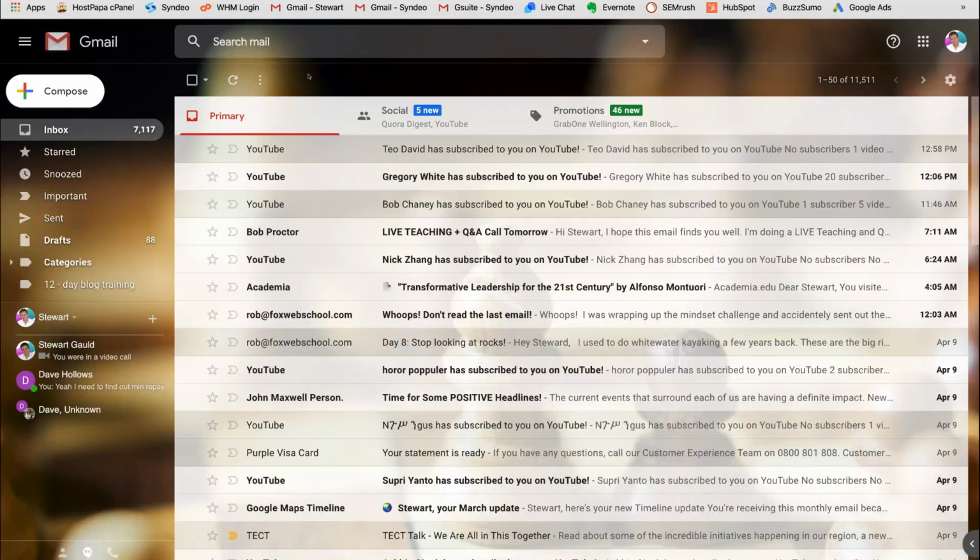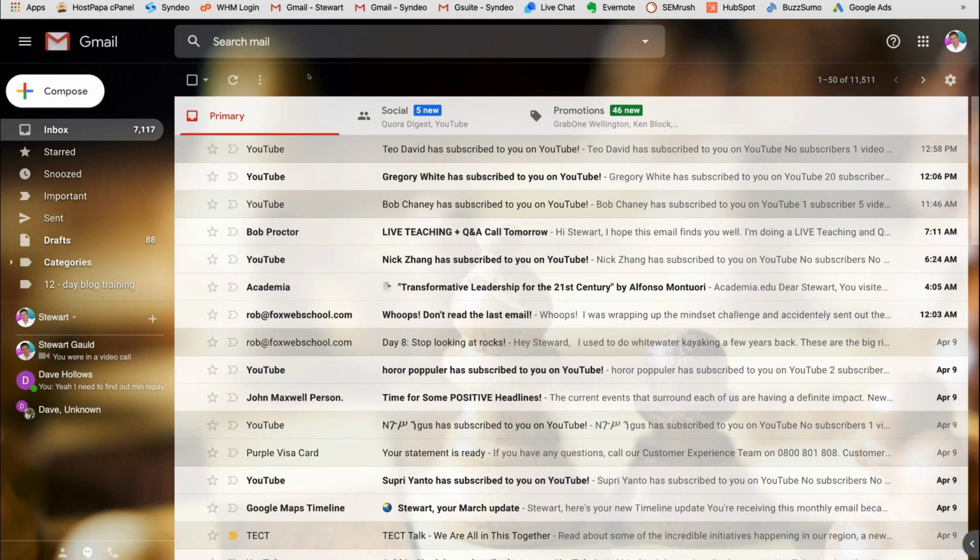Okay, so the first thing we need to do before we can start building our free website with Google Sites is log into our Gmail account. Now, if you don't have a Gmail account, you do need one. It's free to sign up. And once you've done that, all you need to do is log into your Gmail backend, as you can see here. The other option is to log into your Google Drive, but what we'll do is access Google Sites